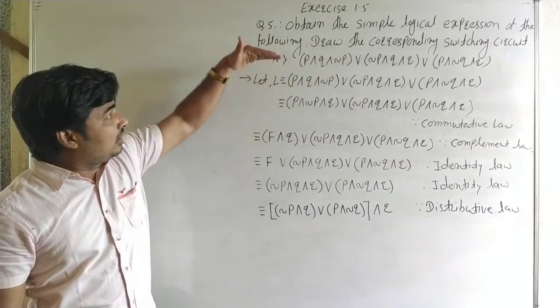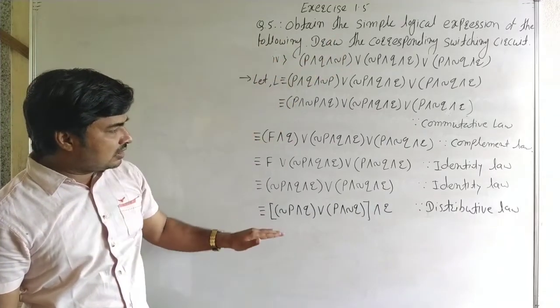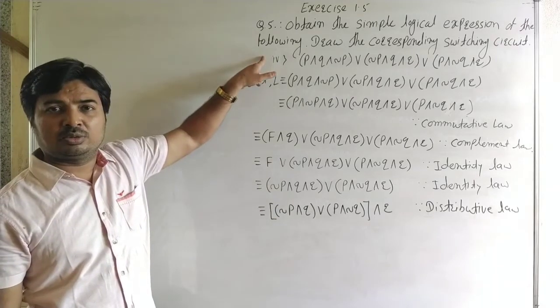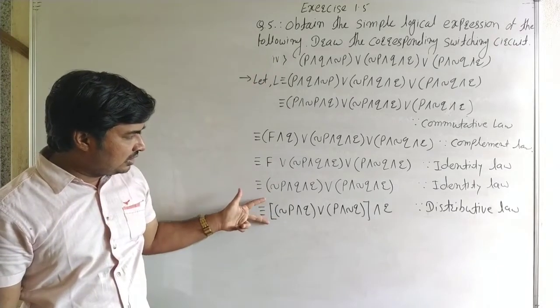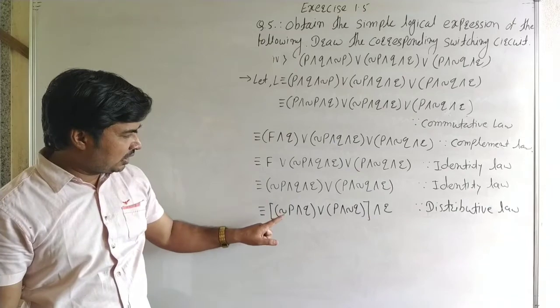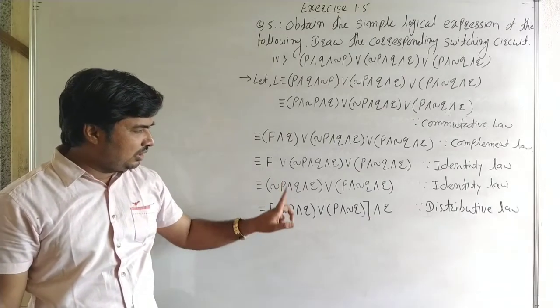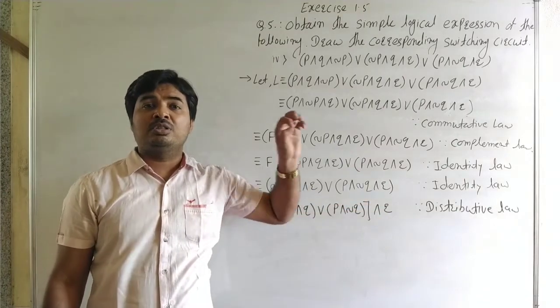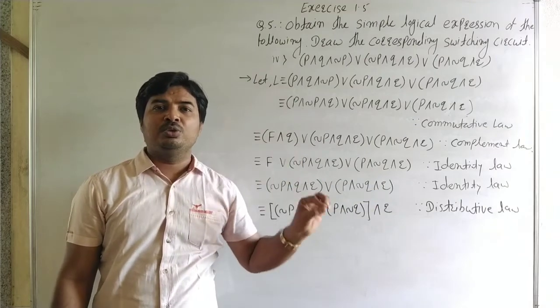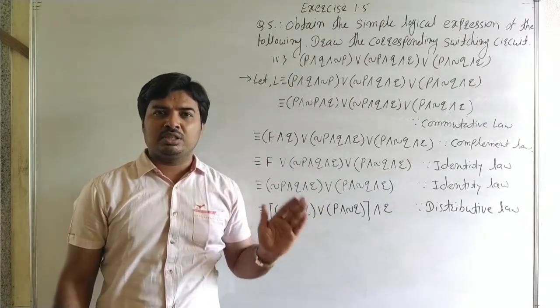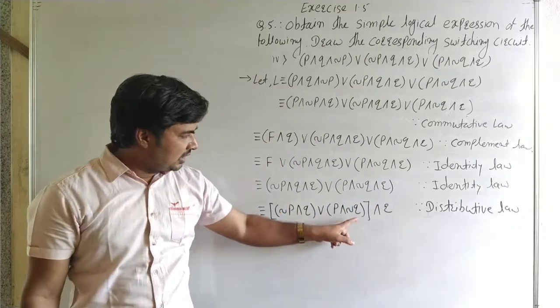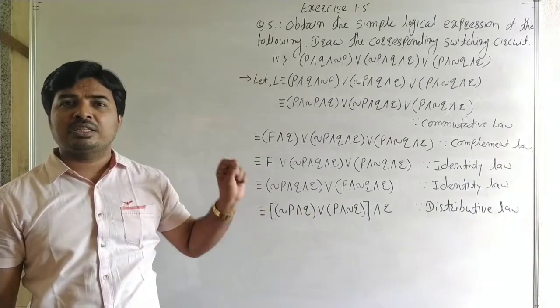Now it is a given expression and it is a simple expression for this expression. Now we construct the switching circuit for this statement. Here P, Q, negation P, negation Q and it is R. That means there are the statements P, Q and R, switch S1, switch S2 and switch S3, and here negation P and negation Q, that is S1 dash and S2 dash.